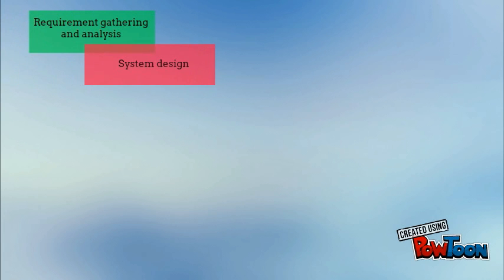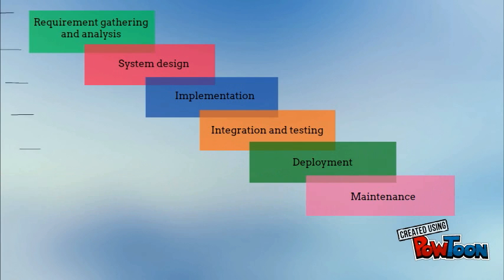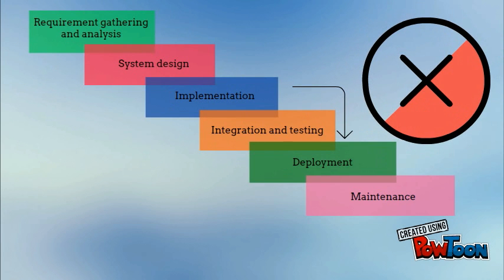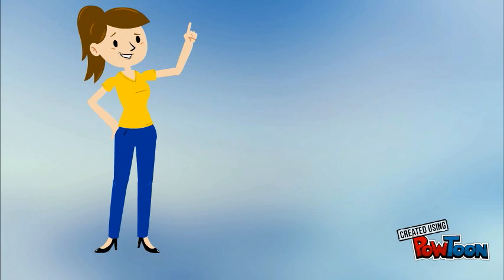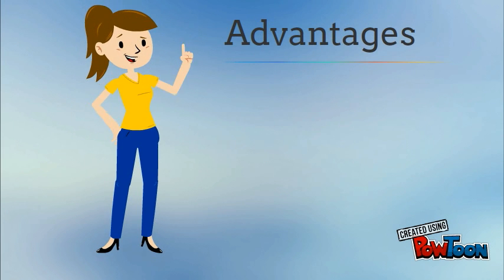Waterfall model illustrates the software development process in a linear sequential flow. This means that any phase in the development process begins only if the previous phase is completed, and that it does not allow overlapping. Every model has its own advantages and disadvantages, and the advantage of the waterfall model is